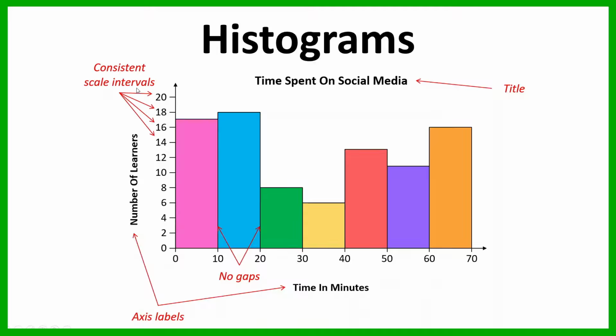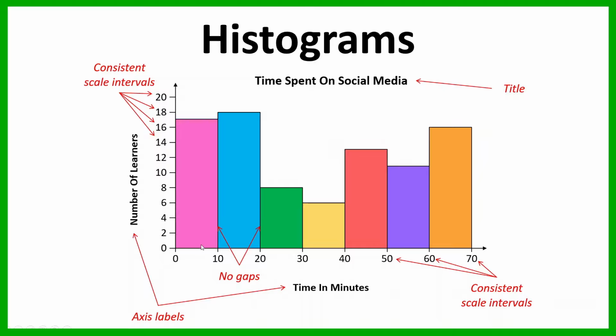You need to have consistent scale intervals on your vertical axis, and you also need to have consistent scale intervals on your horizontal axis as well. So look over here, this is different from bar graphs. For bar graphs, each of the bars is labeled separately. But here, for a histogram, because it's continuous data, we don't label the bars themselves. We've got a scale over here. In this case, it's counting in tens, and the